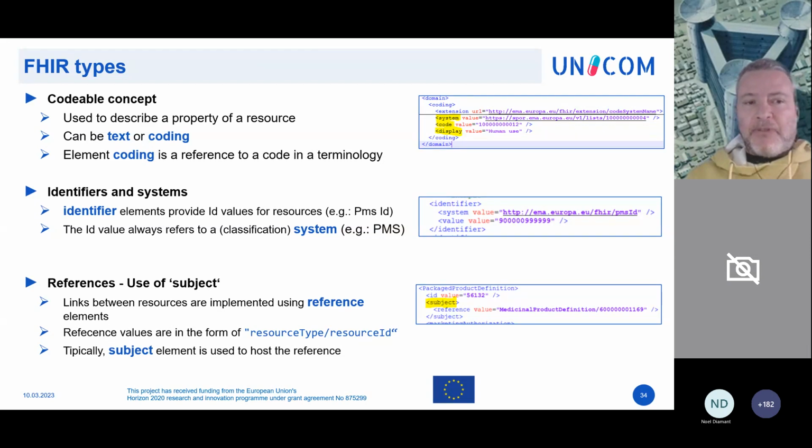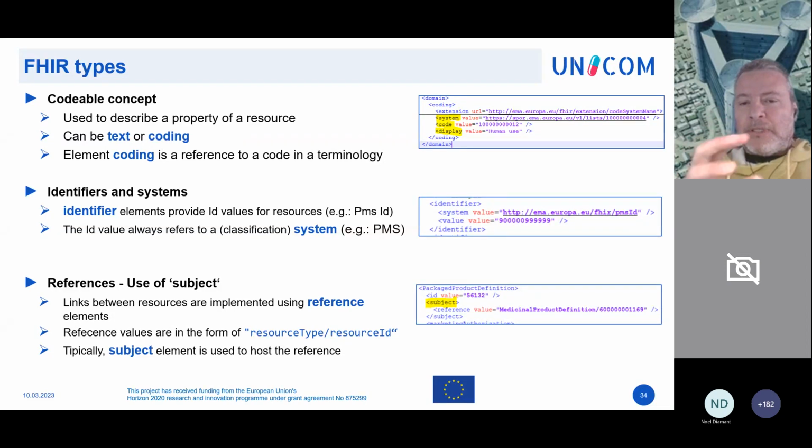As I said before, a codable concept is an element that allows you to specify a code of a property of a resource in terms of a classification system.